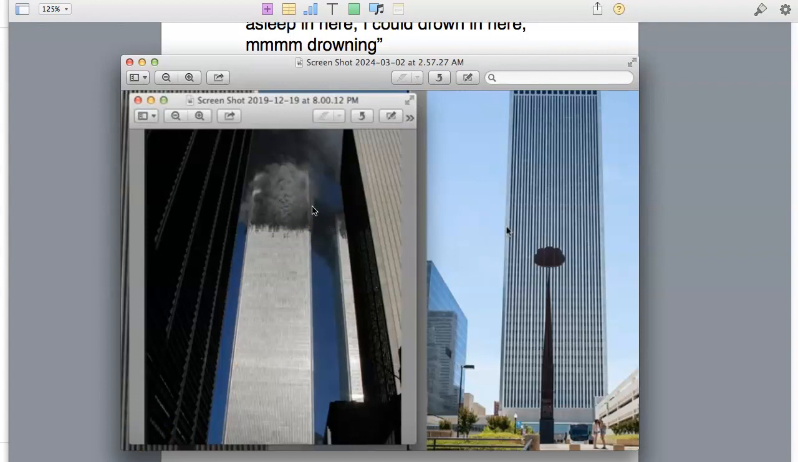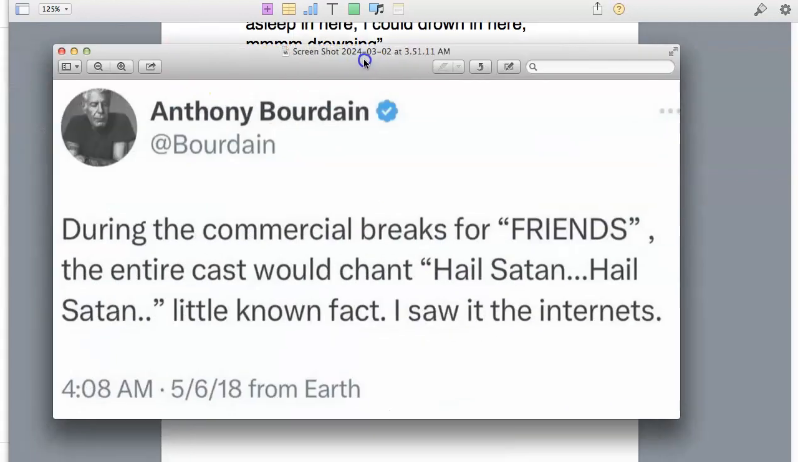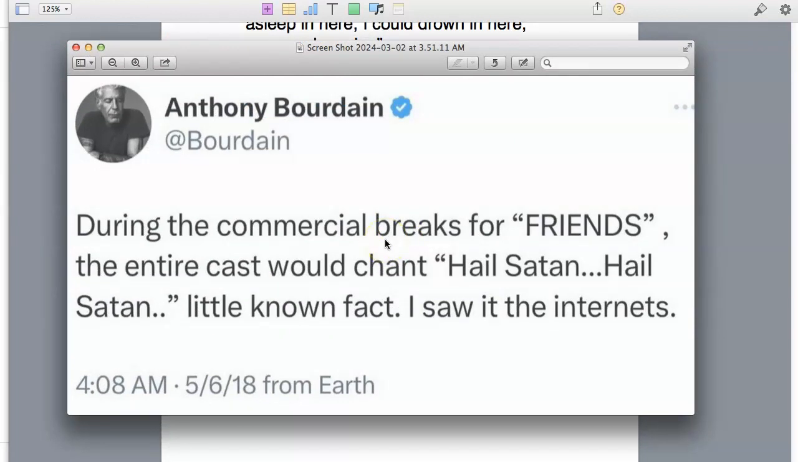And speaking of inversion and coming in the name of love, Friends is actually a good example of this. Now, this is hearsay, of course, but Anthony Bourdain has a tweet that he made before he died, stating, during the commercial breaks for Friends, the entire cast would chant, "Hail Satan, Hail Satan," little known fact. I saw it on the internets. And who knows if this is actually true or not, but I bring it up in